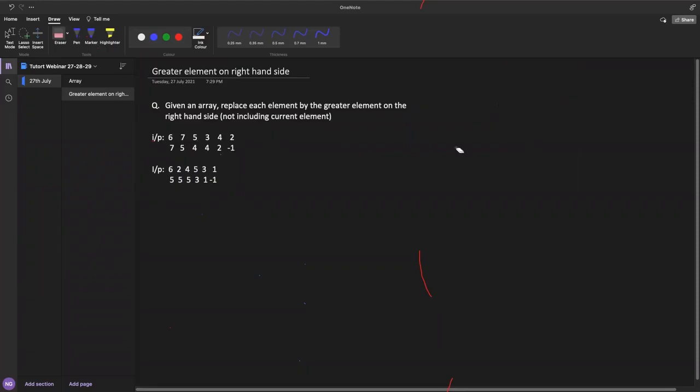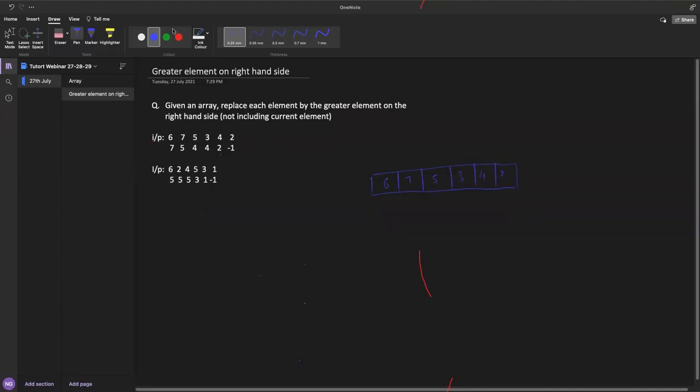So what we have to do is replace each element with the greatest element on its right hand side. Very straightforward, one thing which can come up is: we have 6, 7, 5, 3, 4 and 2.